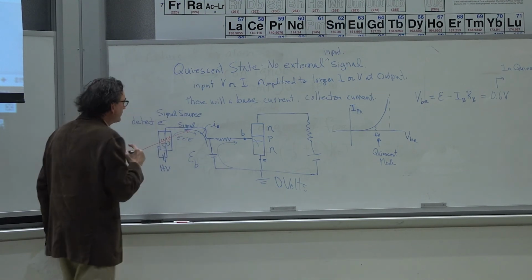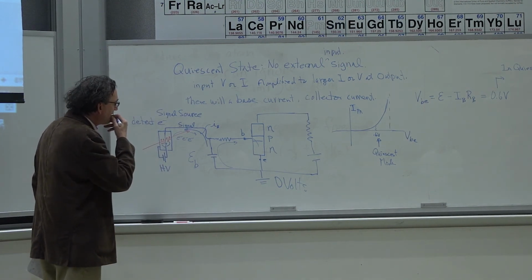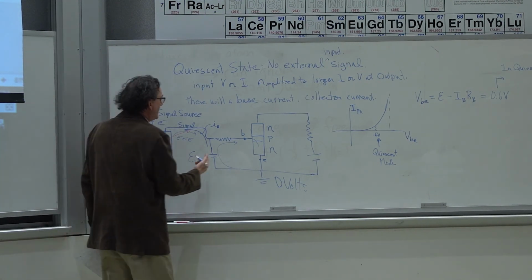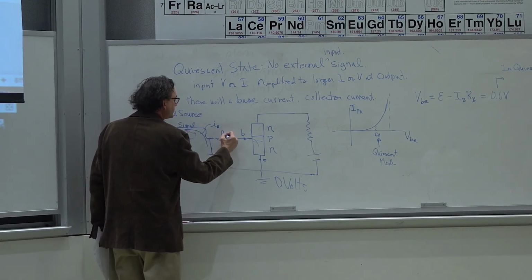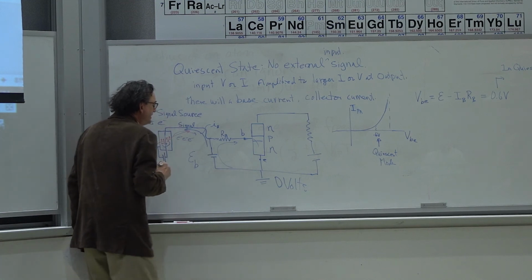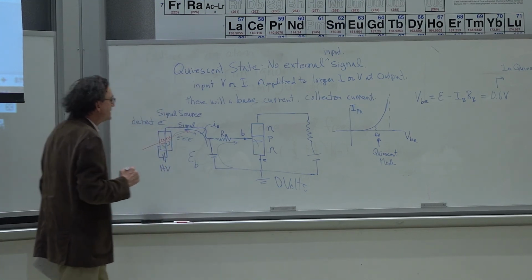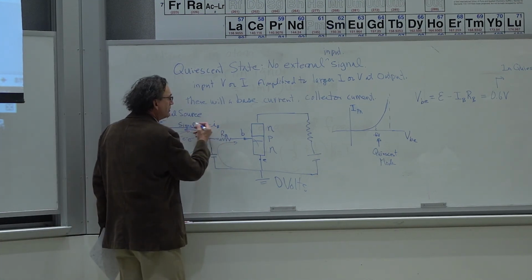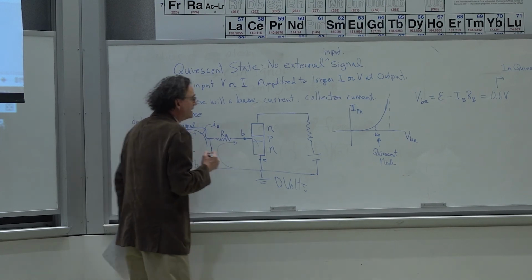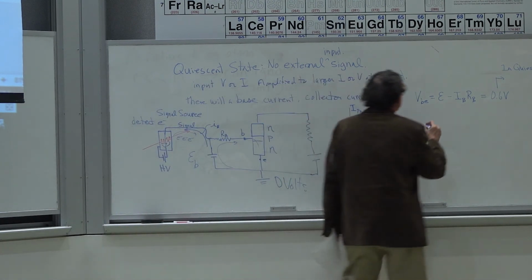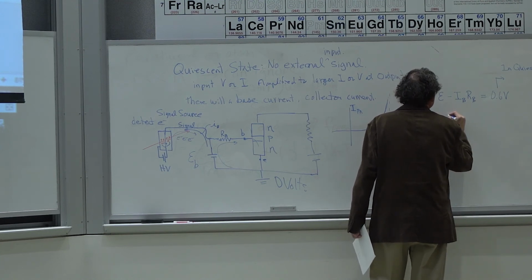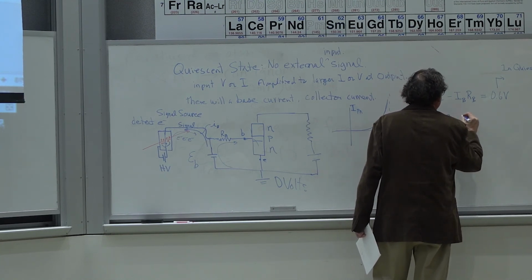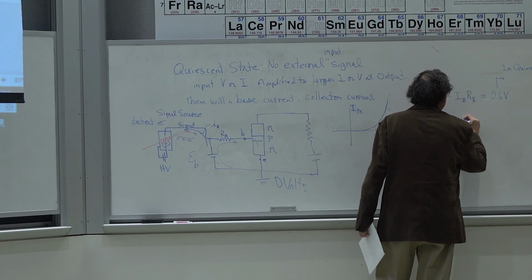Okay? Now, what that means is that some of the current is being drawn away from this base resistor. This is, of course, the base resistor. And what's going to happen is that if I draw some of this current IB away, then the voltage at the base is going to increase because there's less current through the resistor. So I get that this is equal to minus IB RB